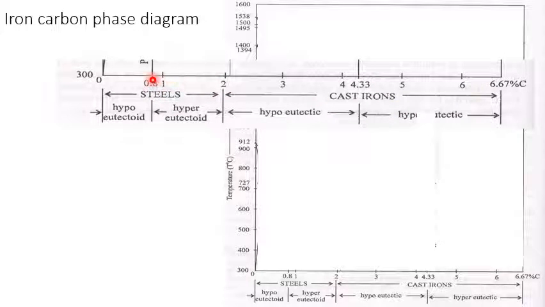Even in the eutectoid reaction, steels with less than 0.8% of carbon we call hypoeutectoid steels, and in between 0.8 to 2.1 we call hypereutectoid steels. Even in the cast irons, in between 2.1 to 4.3 we call hypoeutectic cast irons, and more than 4.3 up to 6.67 we call hypereutectic cast iron. So that's how exactly we are going to classify the steels and cast irons, and again the subclassification in steels and cast irons.